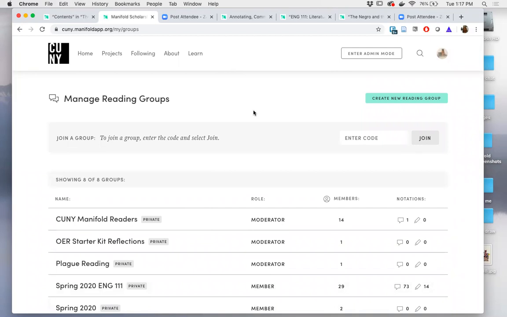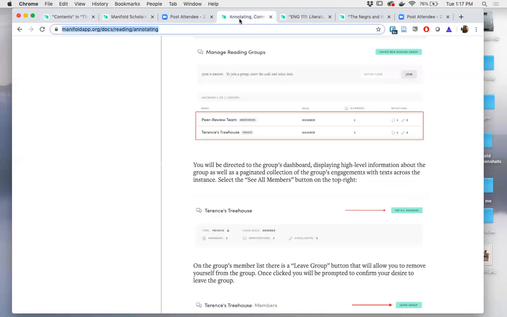So if your students are commenting on someone else's annotation, which is a great way to generate conversations around specific points in the text, those notes will not be collected. It's only the original annotation that is currently collected. So it's important to keep that in mind as you're going through them. I don't know if there's a plan to change that at this point, but that is currently